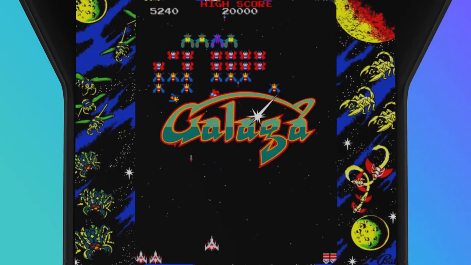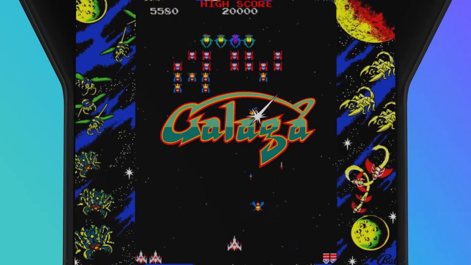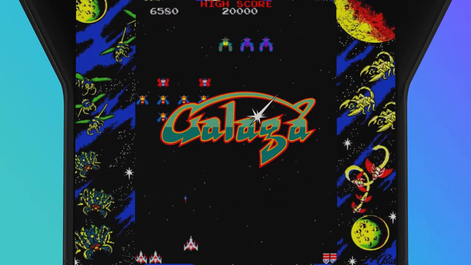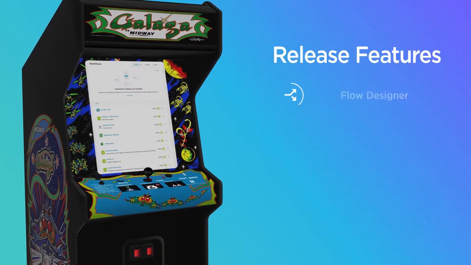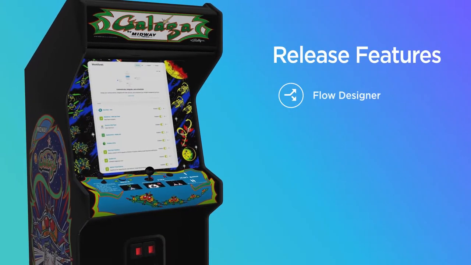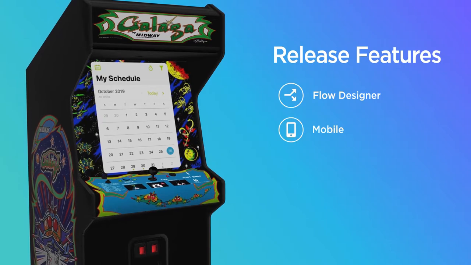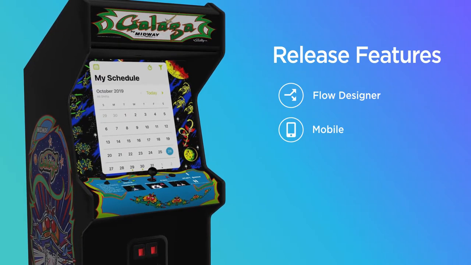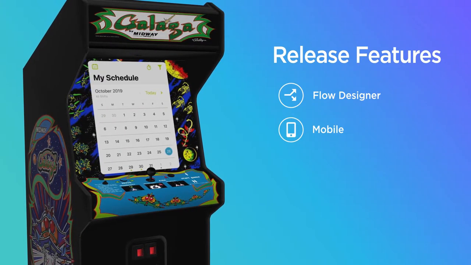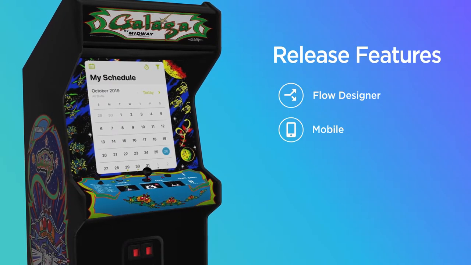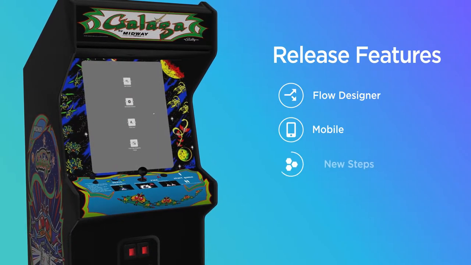The new xMatters Galaga release focuses on empowering your team through simplified integrations and toolchain orchestrations, and improving the end-user experience across the board. To do this, we've reorganized communication plans into streamlined and easy-to-manage workflows, improved viewing your schedule, managing replacements, and resetting your password on the xMatters mobile app, as well as adding mobile-only roles, created new flow